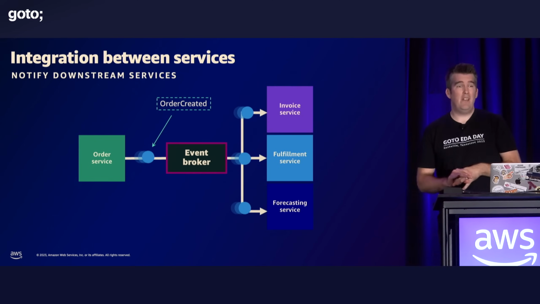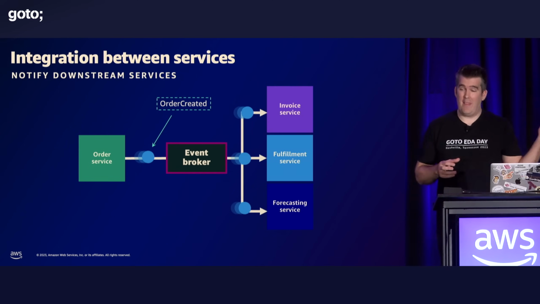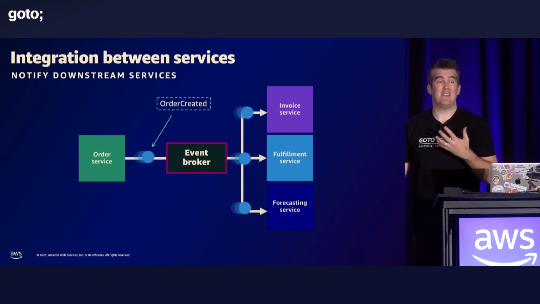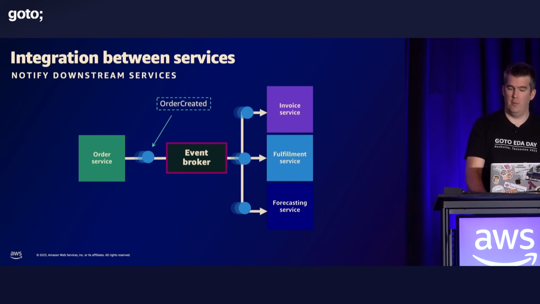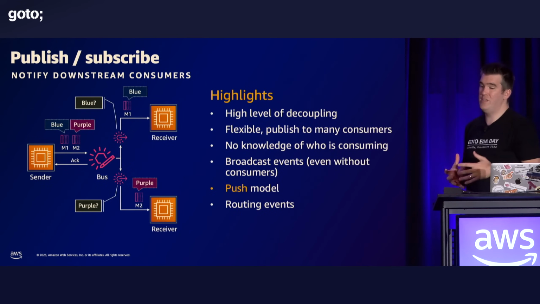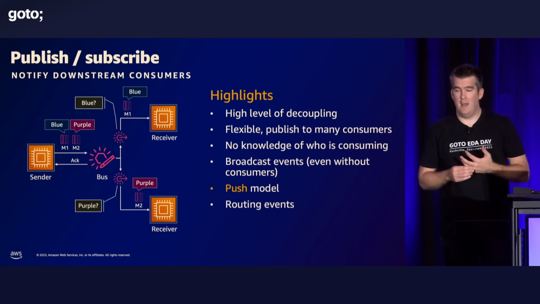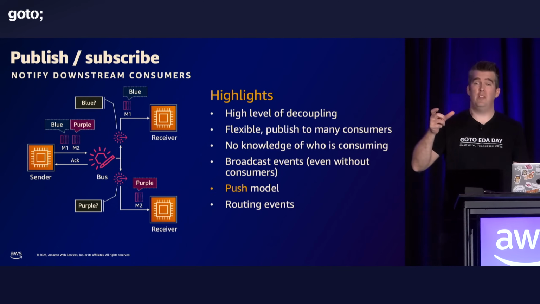Now, what we can do here is actually create the order created event. We had this earlier. We can use an event broker, and we can notify downstream consumers that stuff has happened, which is super powerful. In fact, what we're talking about here is the publish-subscribe method that James mentioned in the talk earlier. But what this allows us to do is create a router in the middle, an event bus,